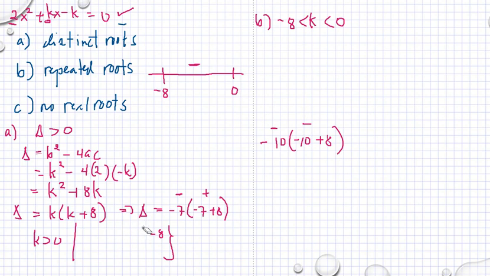we have two possibilities. It should be either k is greater than 0 or k is less than negative 8. It's not greater than negative 8 because the diagram says. Okay? And then C,